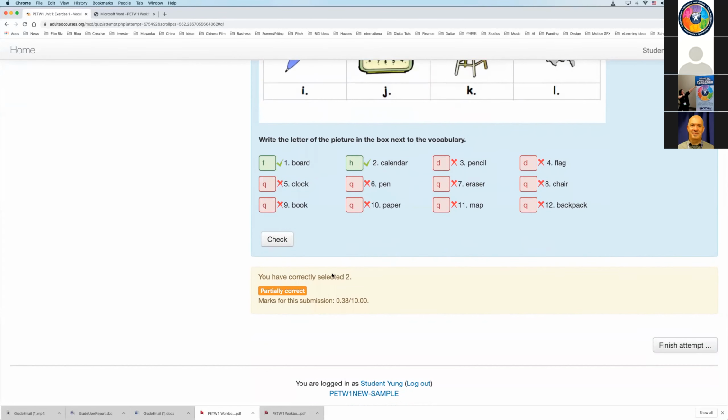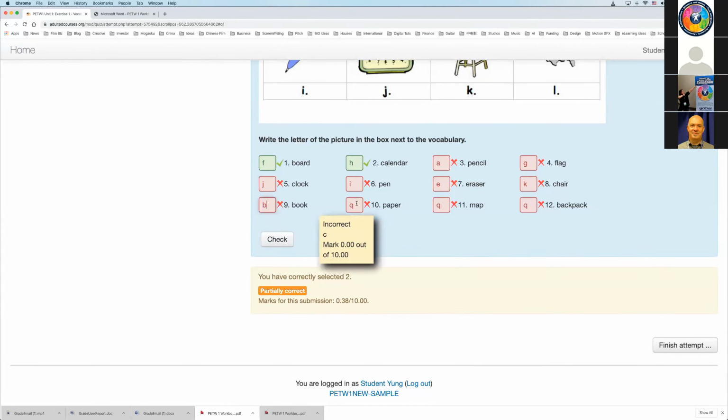As you can see, there are a number of mistakes. When I roll my cursor over each item, I get feedback. In this case, correct, excellent. This one is incorrect, and it's telling me the correct answer is A, and now I can change that. The next one is telling me the correct answer is G, so I can change that. The student can go ahead and make all these corrections before she submits for a final grade.